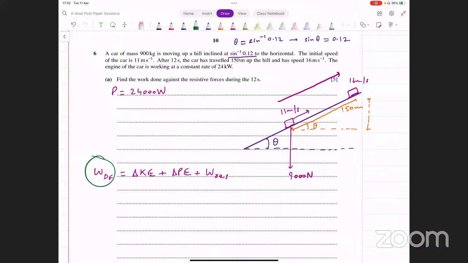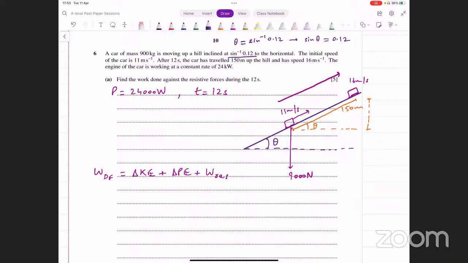What about the work done by the driving force? That's not given in the question, but we are given the power that the car is working at, and it's a constant power. So throughout same power है, और उसने आपको टाइम बताया हुआ है, 12 सेकेंड्स लग रहे हैं इस जर्नी में, टाइम इज 12 सेकेंड्स। तो आप वर्क डन निकाल सकते हैं इससे।